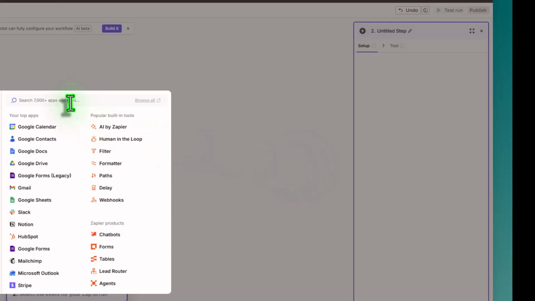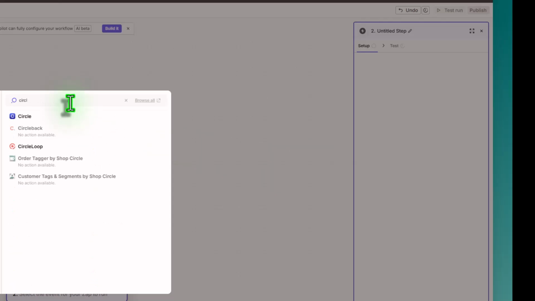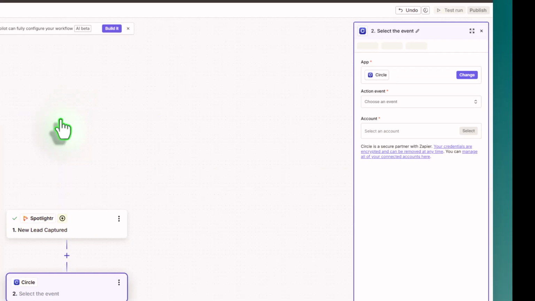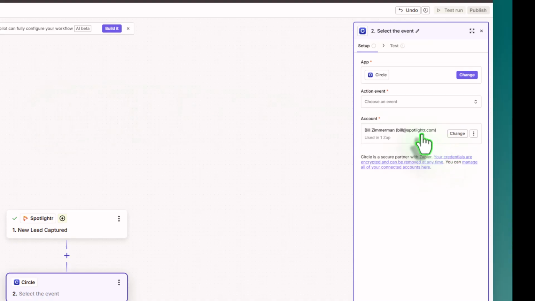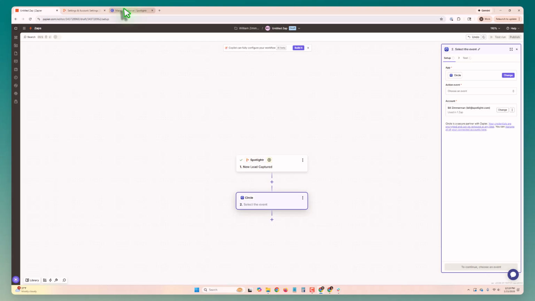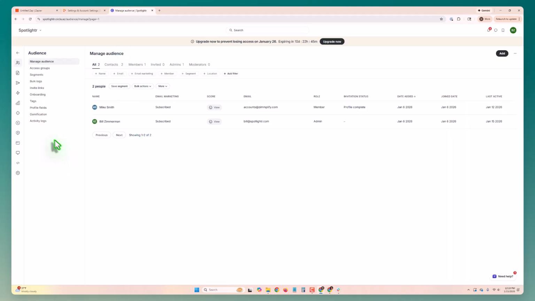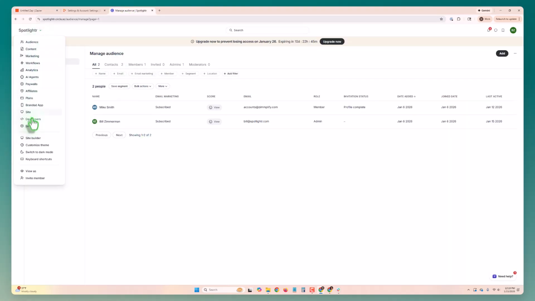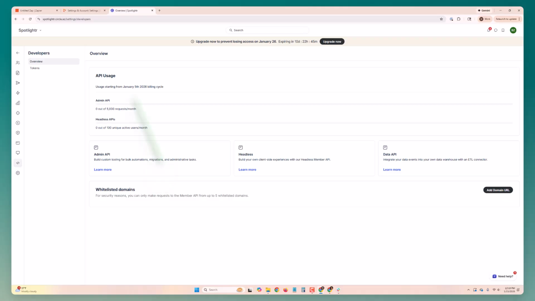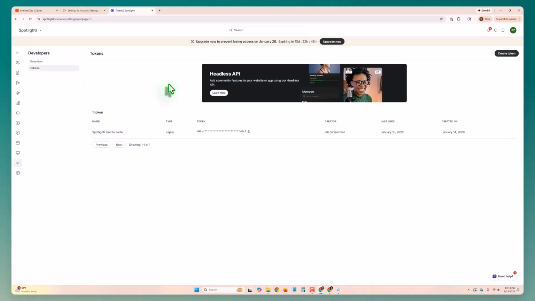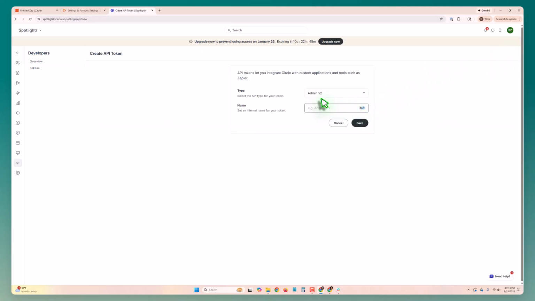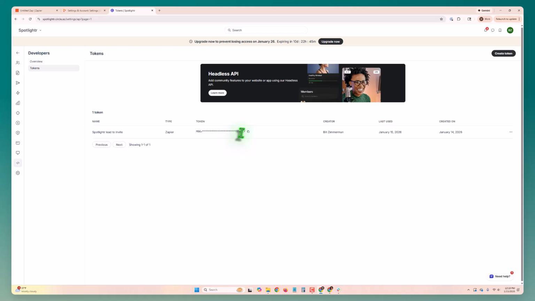Now I'm going to choose my action event. So here you're going to search for Circle. Again, I'm logged into my Circle account. If you need to connect Zapier to your Circle account, just go to Circle, and it is in developers, tokens, and then you'll click on create token and then choose Zapier here. Like I said, I've already done that. So here's my token here. You just copy it here. So once you do that,